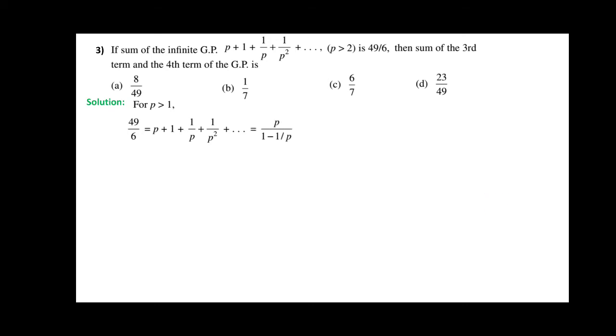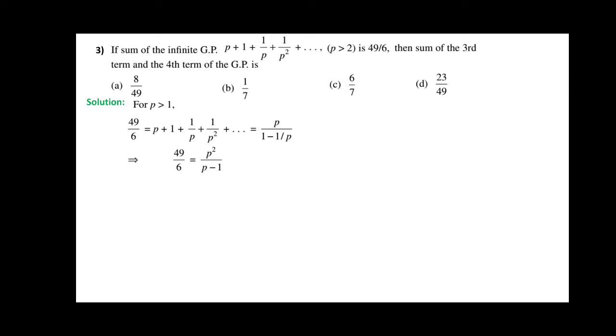Therefore we can apply that formula here. So P divided by 1 minus 1 by P, because A value is P and R value is 1 by P. Now we can take the LCM in the denominator, so that 1 minus 1 by P, P is LCM. So after multiplying that P to 1, that becomes P minus 1 by P. So just we can take that denominator P to the numerator side, it becomes multiplied, therefore it becomes P square divided by P minus 1. Therefore we can write it as 49 by 6 is equal to P square by P minus 1.